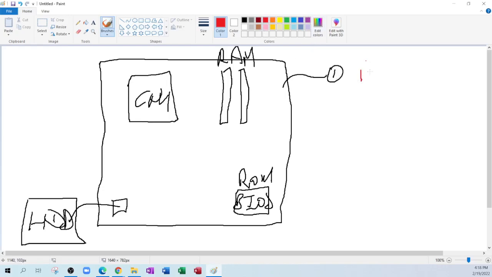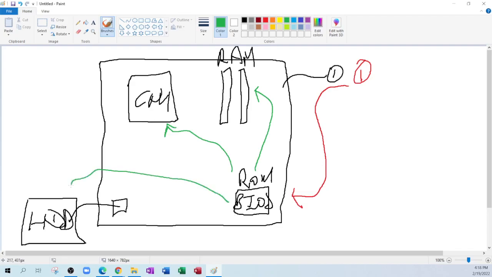So one, you press that power button and electricity flows to this ROM chip. And the instructions in the ROM chip are to check everyone and make sure they're okay. So it's going to send a signal to the RAM, are you okay? Send a signal to the CPU, are you okay? Send a signal to the hard drive, are you okay? And any other hardware. It's going to check and make sure everybody is okay. Now, when everything is okay,